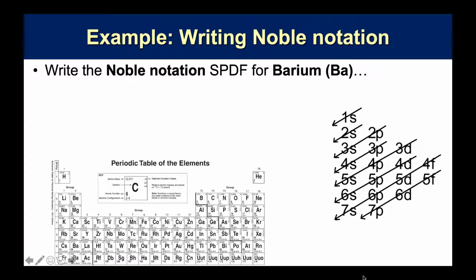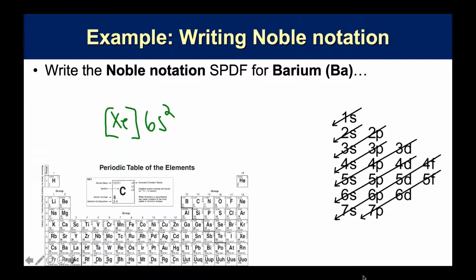Let's try another one just to be sure. Please write the noble notation, the abbreviated electron configuration, the shortcut for barium. Pause the video now and then unpause when you're ready for an answer. All right, if you did this one correctly, there really wasn't much to it. It is xenon in brackets